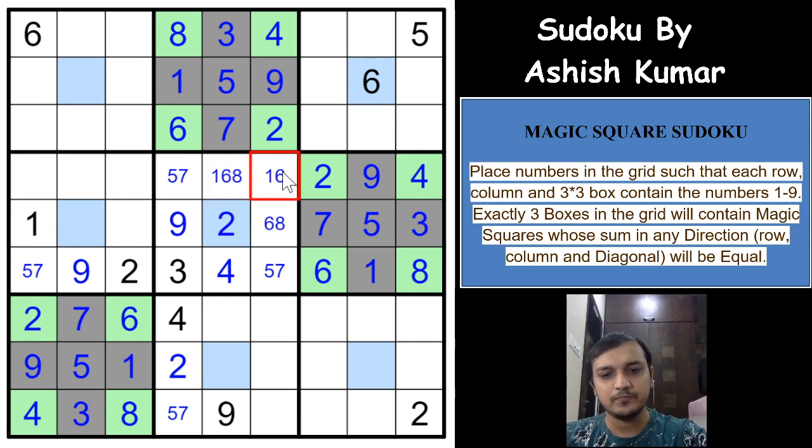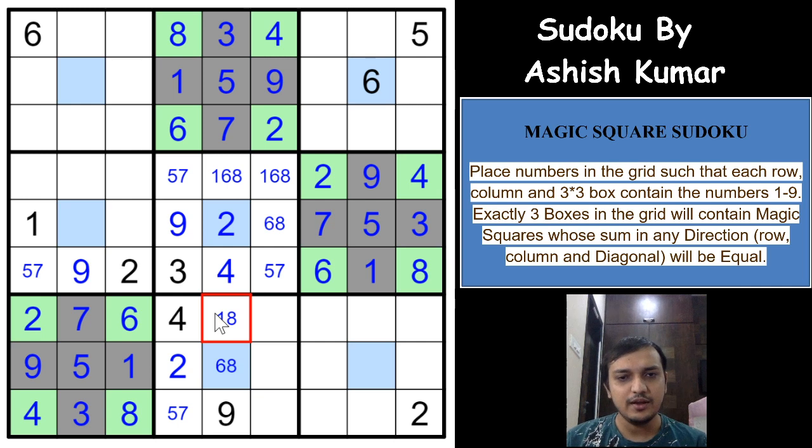And because of the 1, we can mark a 6, 8 here, a 1, 6, 8 and a 1, 6, 8, right? And because of the 1, the only 3 digits remaining here are 1, 6 and 8 again. So because of the 1 we get a 6, 8, and because of the 6 we get a 1, 8, right? And anything else? So if you see, there are 5 digits in this row, 6, 1, 2, 9, 4. So 3, 5, 8, 7 are the remaining digits, right? So 5, you will have a 3, 8, 7 here, 3, 7 and 8. 7, you will have 3, 5, 8 and 3, 5, 8, 7. You can have all the 4 possibilities here.